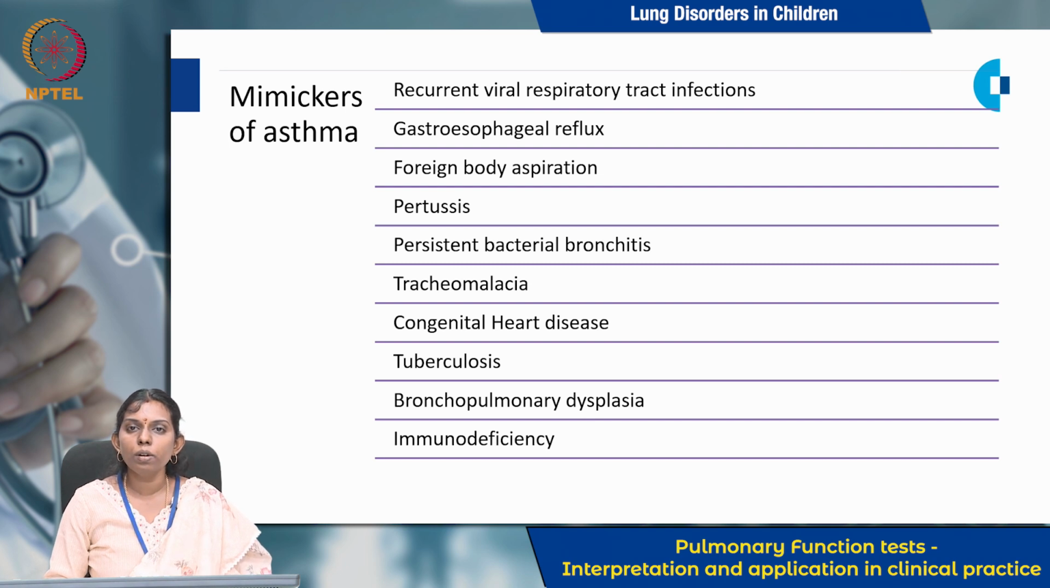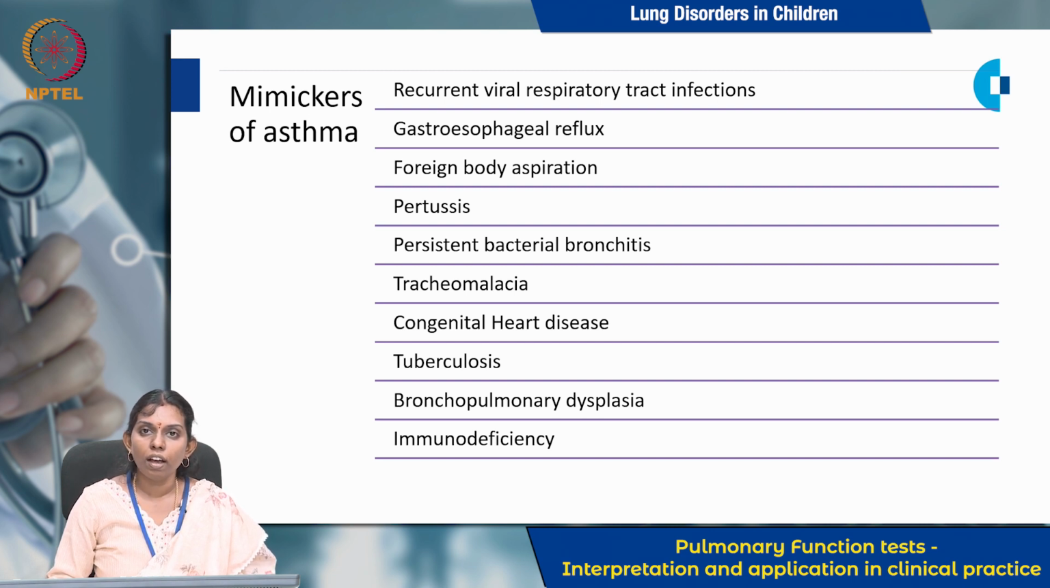Next, coming on to foreign body aspiration. It's very common in children. When a child comes to you with an acute episode of cough or a stridor, then we have to think of foreign body aspiration. Next is pertussis, where they have protracted episodes of chronic cough. Next is persistent bacterial bronchitis, where there would have been a fever and a cough and shortness of breath. Next is tracheomalacia, where the child will have cough and shortness of breath or chest deformity since birth,